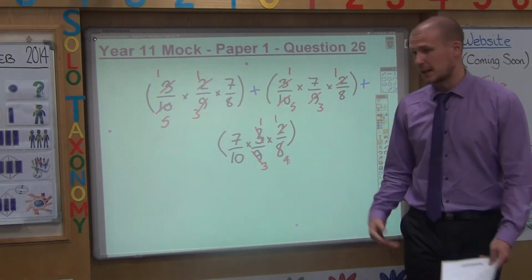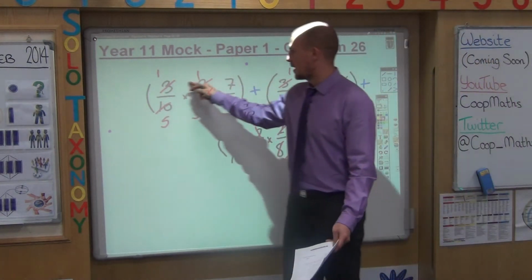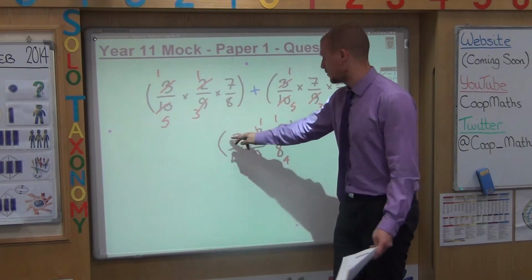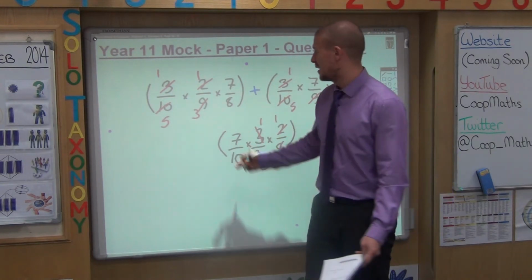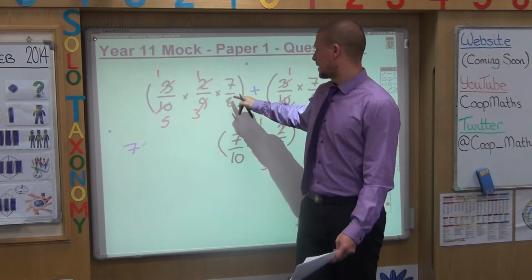So I can make life easier for us by doing that. Then all you have to do is multiply the resulting numbers on the tops and bottoms of each of these combinations. 1 times 1 times 7 over 5 times 3 times 8,